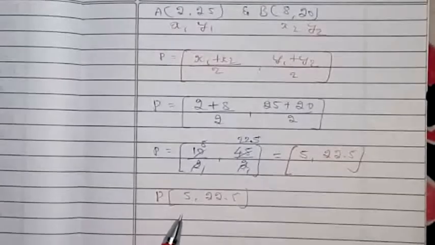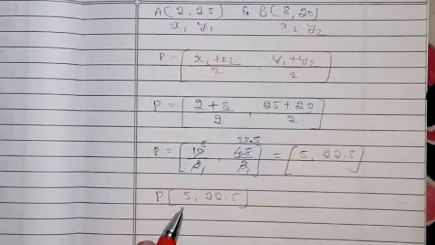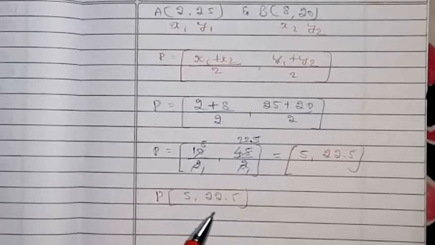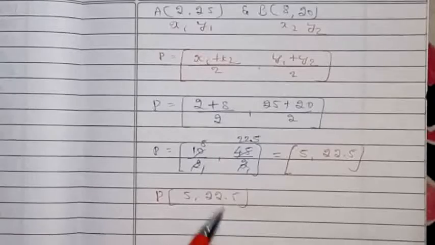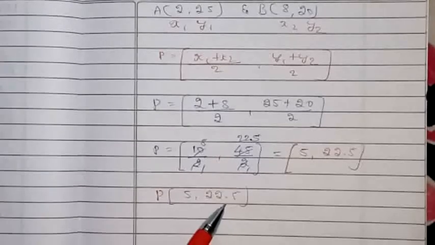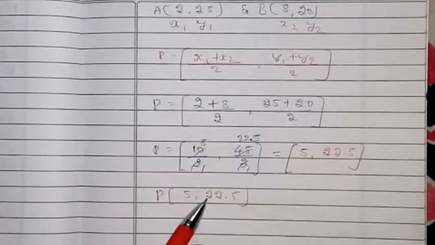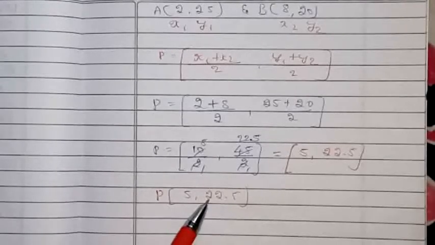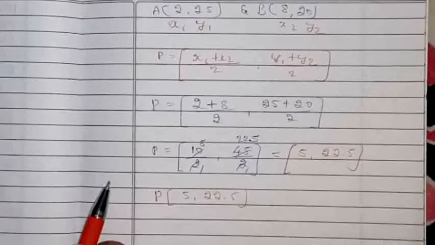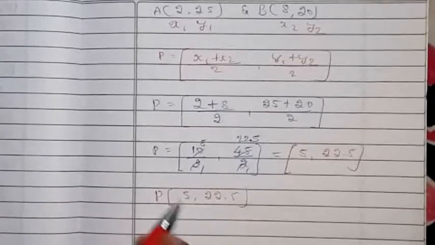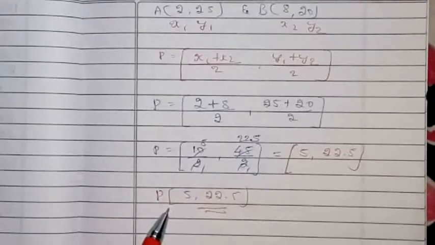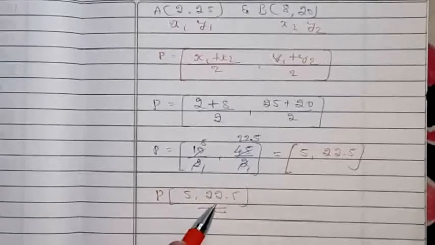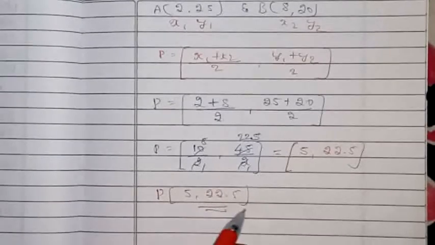Now what is the meaning of this? That means Rashmi is on the fifth line, and Rashmi has to post her flag at a distance of 22.5 along from the distance of AD, children. Then only the flag will be exactly halfway between Niharika's flag and Preet's flag. Right, children? So this is the answer. First we found the distance between the two flags. Now we have found the answer for Rashmi, that she has to put her flag on the fifth line at a distance of 22.5, children. That's it. And thank you.